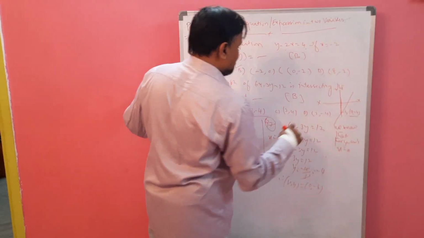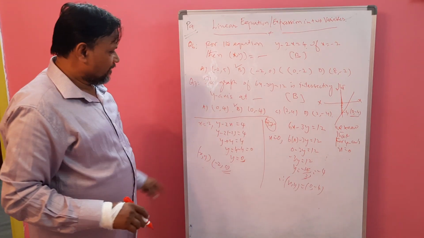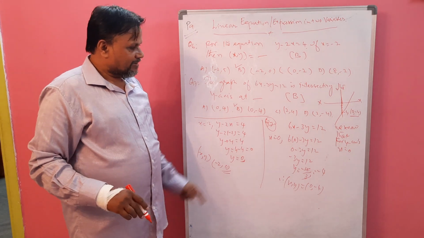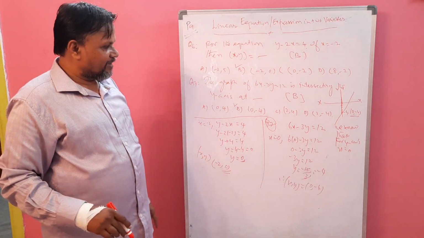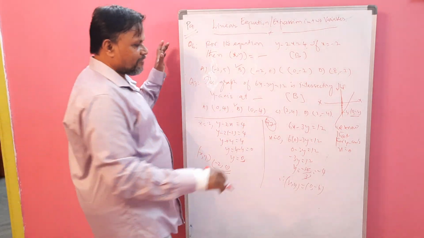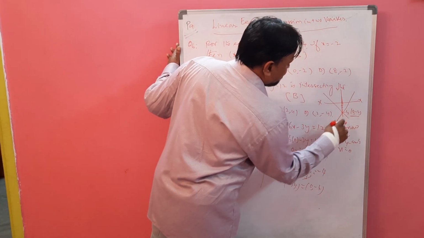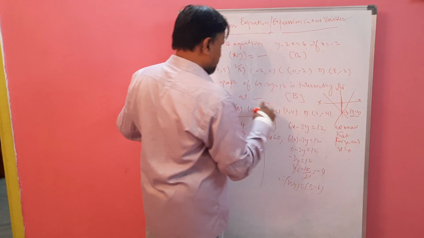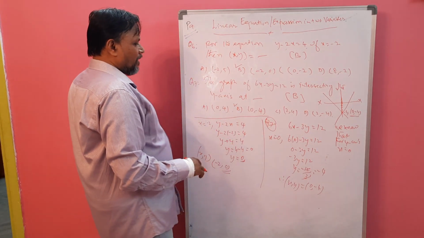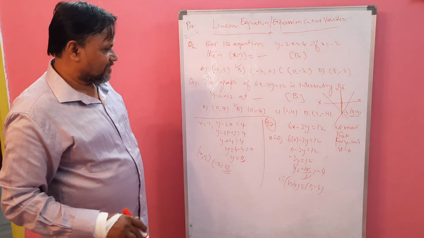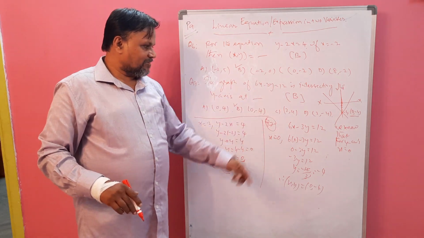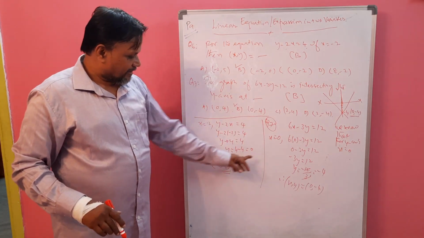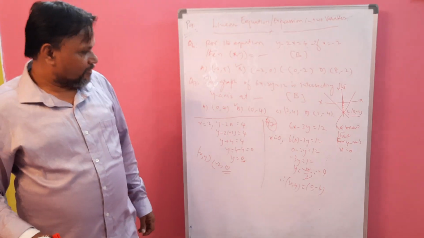This is a point on this line. It cuts the y-axis on the negative side. If you draw any line, it must cut at minus 4 on the y-axis. So any one of these is a solution, and like that we can solve the equation.